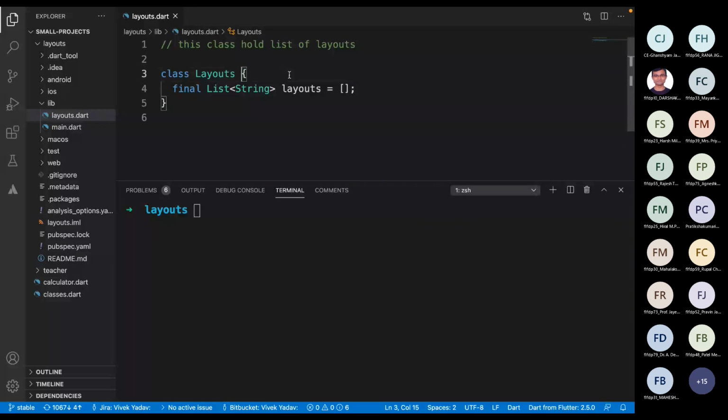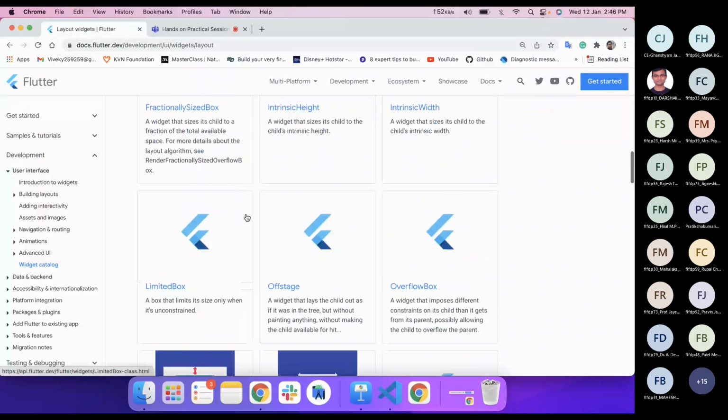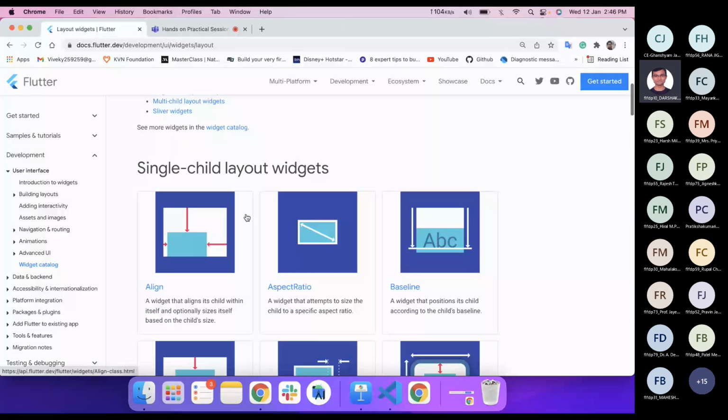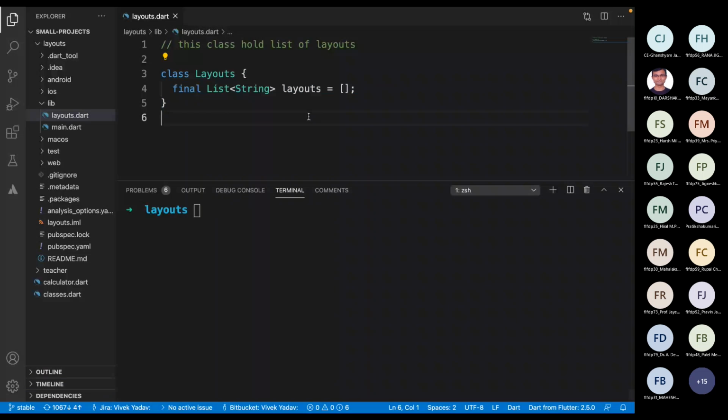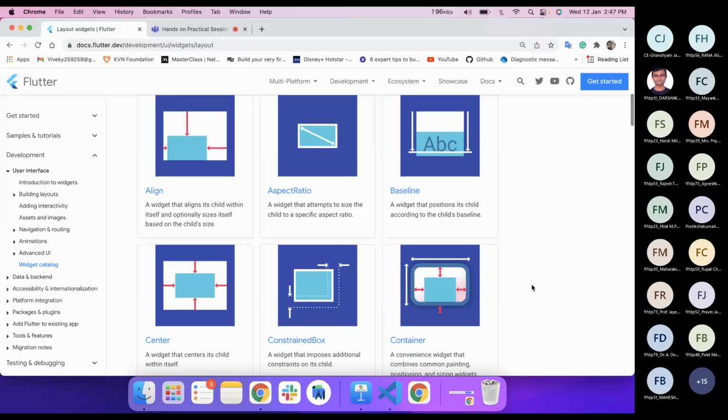Okay, let's guess whether the values in this class will be updating or not. For example, here we can see 1, 2, 3, 4, 5, 6, 7, 10, 16, 19. So we have 19 layout widgets. Tell me, will the number of these layout widgets change or not? It will, sir, but it will change after a long time, right? Or let's assume that it is not changing. Let's say that it will always be 19.